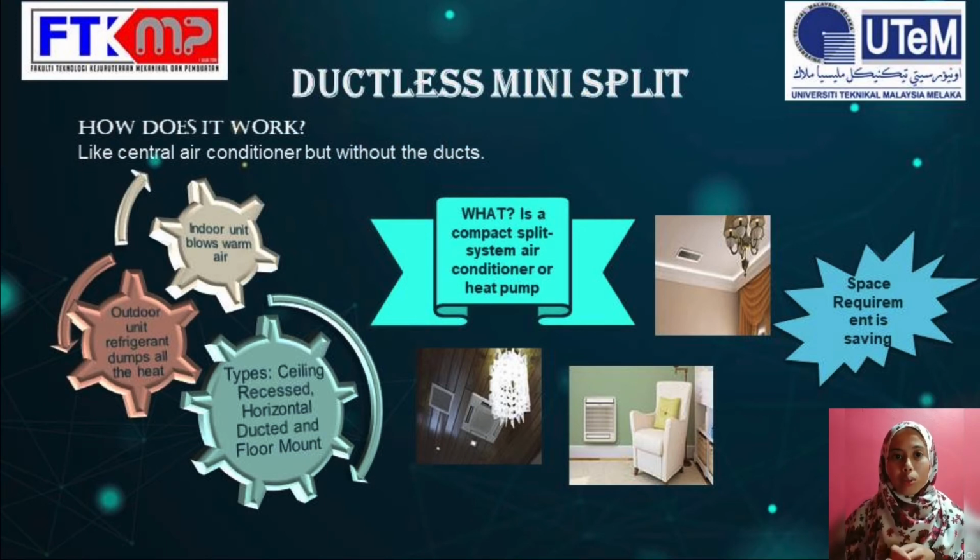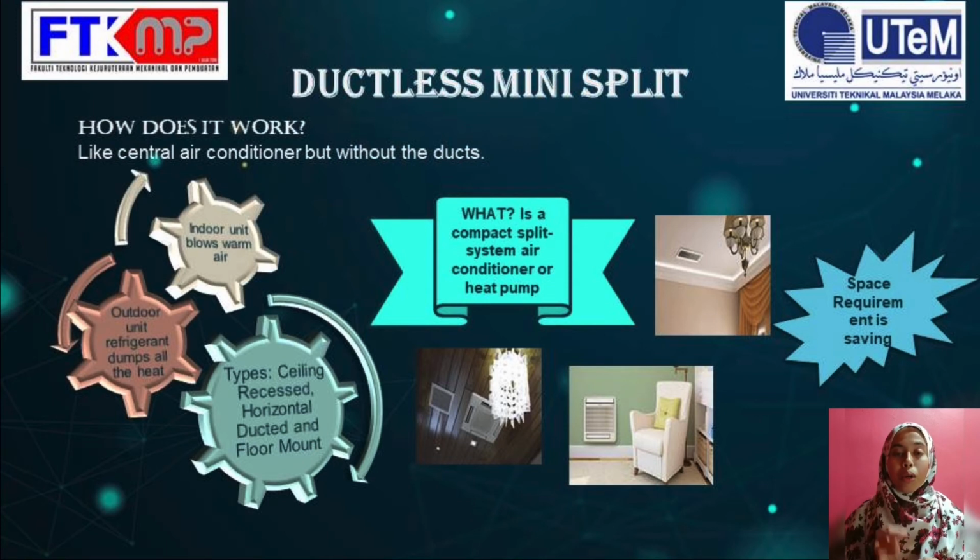compressor. How it works is the indoor unit blows warm air from the home over a cool evaporator coil. The refrigerant running through this coil absorbs the heat from the air and brings it to the outdoor unit, where the refrigerant dumps the heat pulled from the home air. The slide shows examples of types of indoor unit for a ductless mini-split, which are cylindrical chassis, horizontal ducted